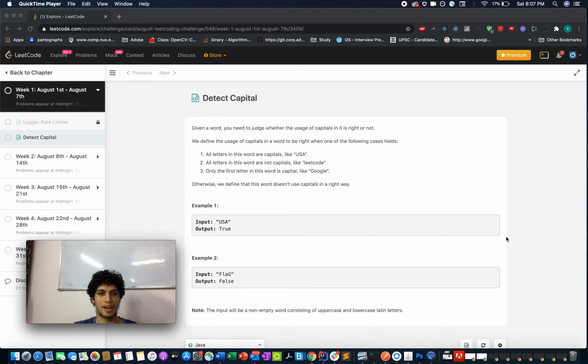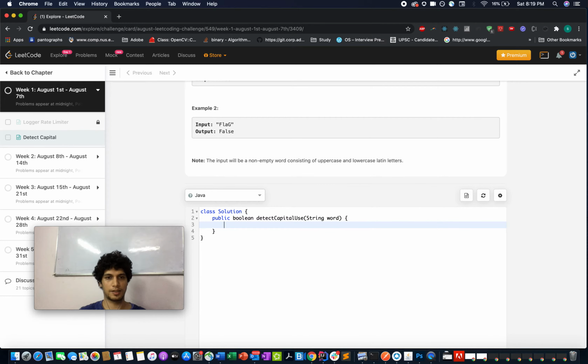be a little tedious. Let's think of whether we can improvise a solution to a single iteration, and let's start the coding. So there are three cases that we need to take care of: USA, Google, and leetcode. So in these two cases, there's one thing common. The first letter is capital, and the rest of the letters are in the same case as the first character. What I mean is, if S is in capitals, then the rest of the string should be in capitals, and if G is in small, the rest of the string should be in small. So we can use the value which is at the first character, and then check for the rest of the string. And this is pretty simple.